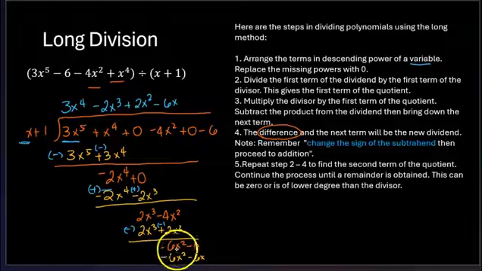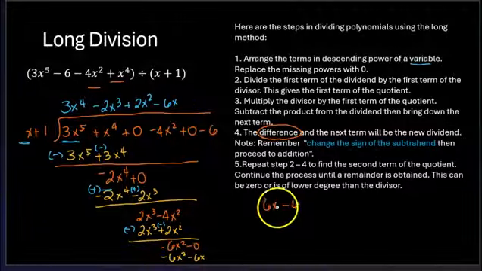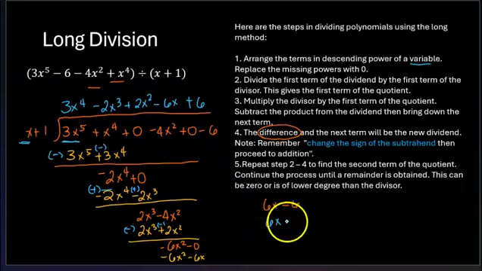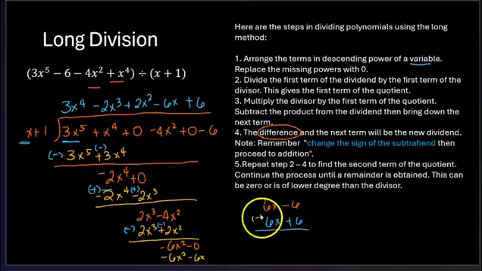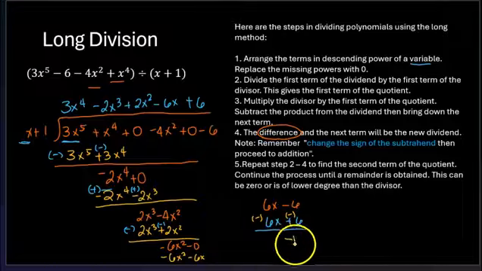So you get, if you change the sign, that would be positive 6x, bring down minus 6. So that's the last. If you divide this plus 6, so you have 6x plus 6. Okay, so, right, because this will become positive. So 6x plus 6, we change the sign. That becomes negative, this becomes negative. So here we have negative 12.